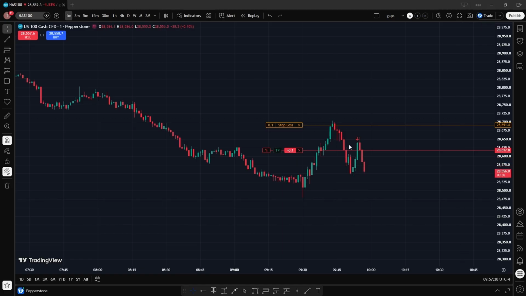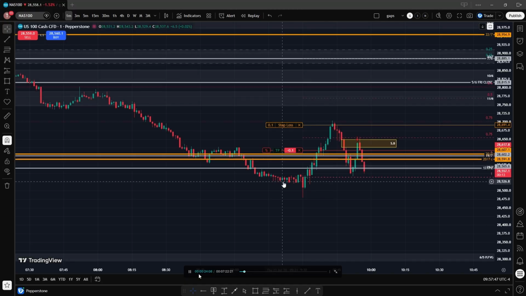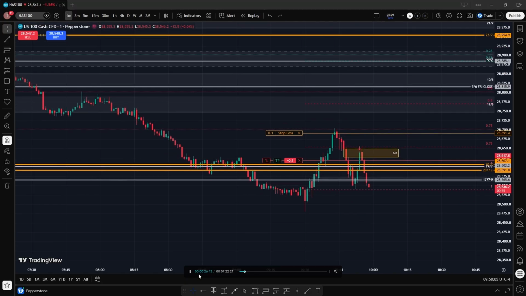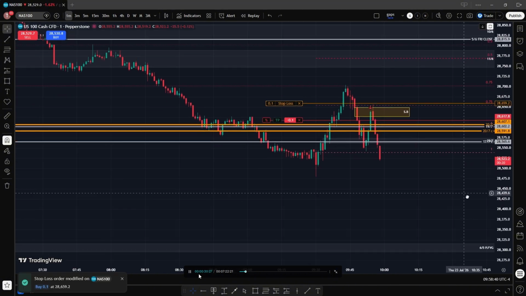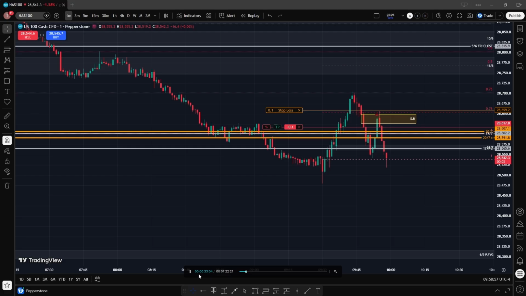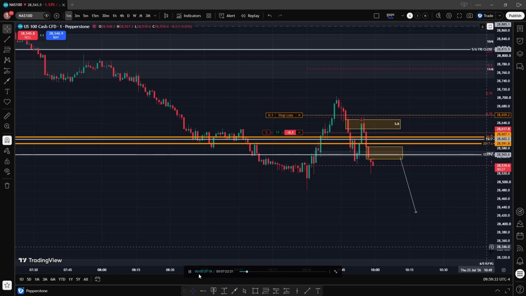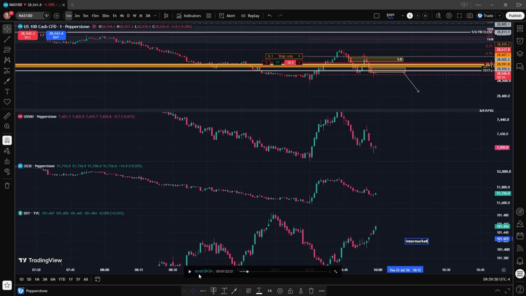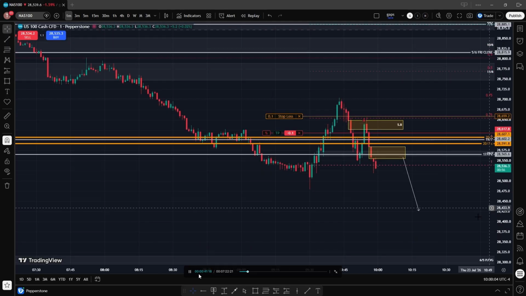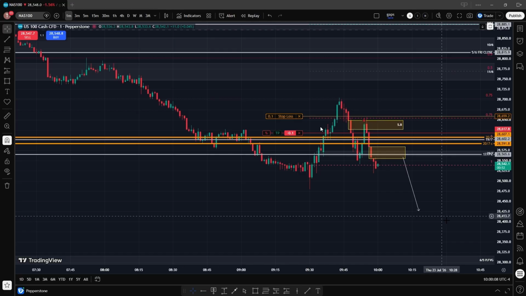So it was a trade based on this emergent fair value gap, this fair value gap, and also the opening range and the high time frame confluence that I have. And there we go. Stop loss is shifted lower because we do not need that price to trade. We do not need that swing high to be violated because this is a very nice bearish market structure with